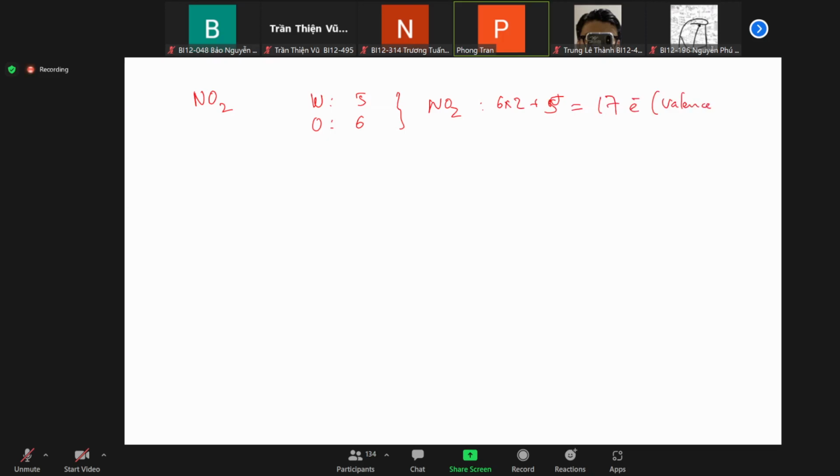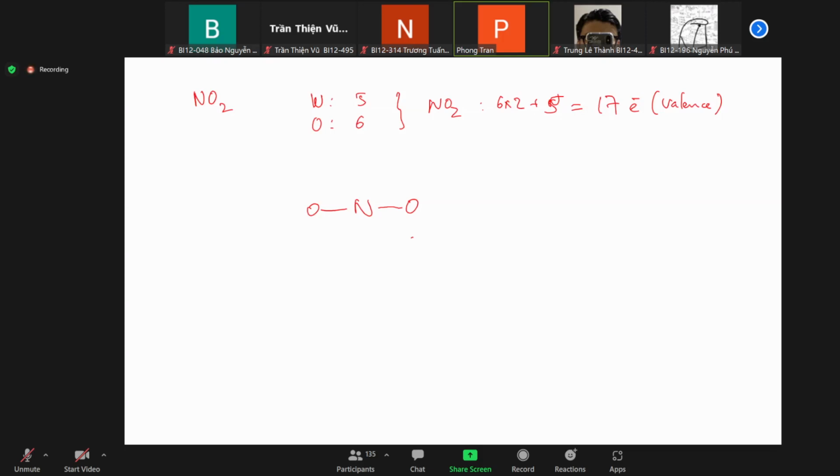Okay, and you see that nitrogen has the lower electronegativity, so you put the nitrogen in the center. If you want, you can put the oxygens like this. The nitrogen is the center because it has lower electronegativity. And then the next step, you make a single bond from the oxygen to nitrogen, and then you try to